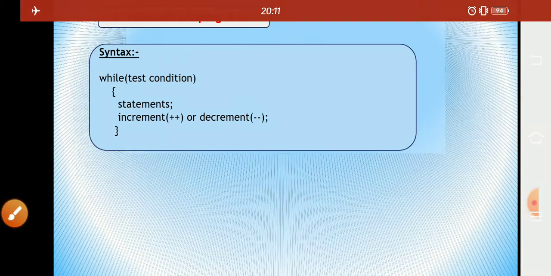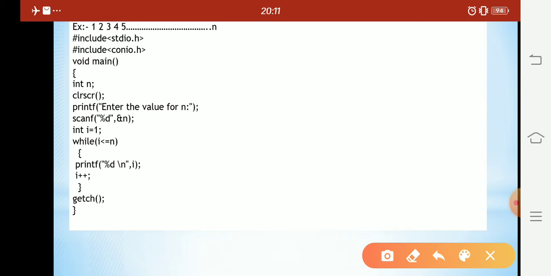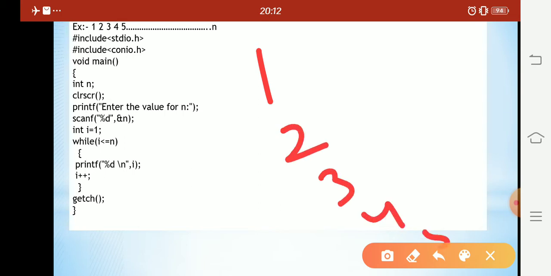Now we will see one example. Suppose I want to print 1, 2, 3. If a user inputs 5, it will print 1, 2, 3, 4, 5.